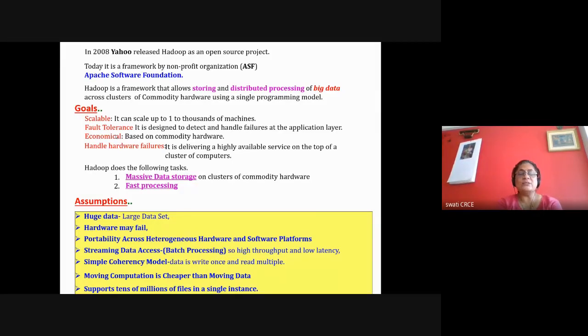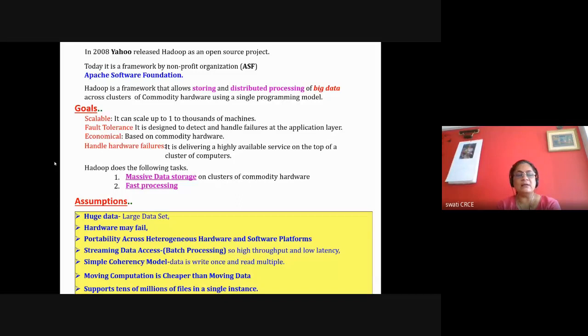Plus, there is one more assumption, that instead of transferring data to the computation, it is cheaper to transfer the computation to the location where the data is residing. Which I told you in the last lecture, that when you are firing any SQL query, what happens is that if your database is at the other location, after firing a query, your data is downloaded on the machine, or it is traveling, and it is residing in the machine where your program is there.